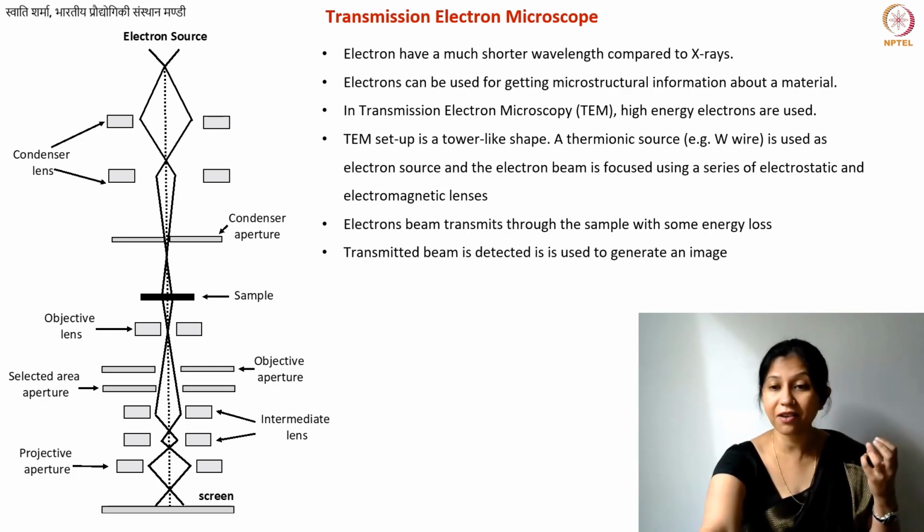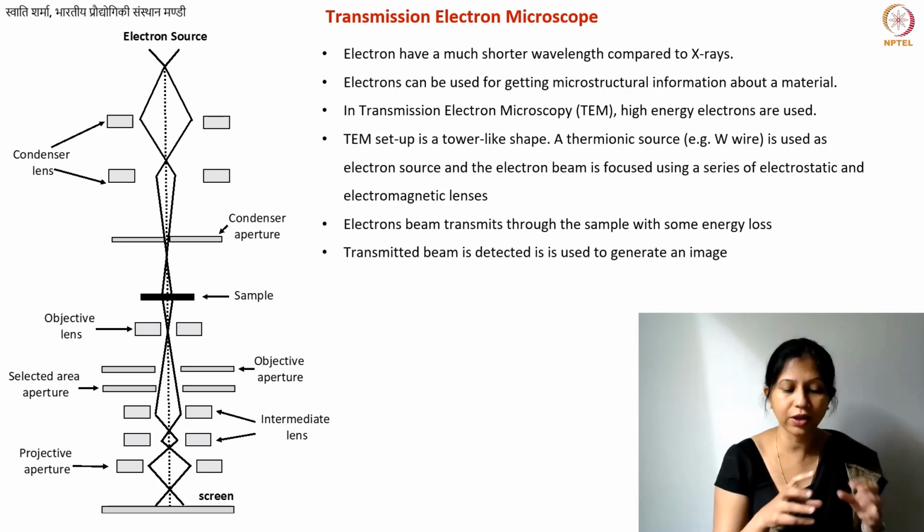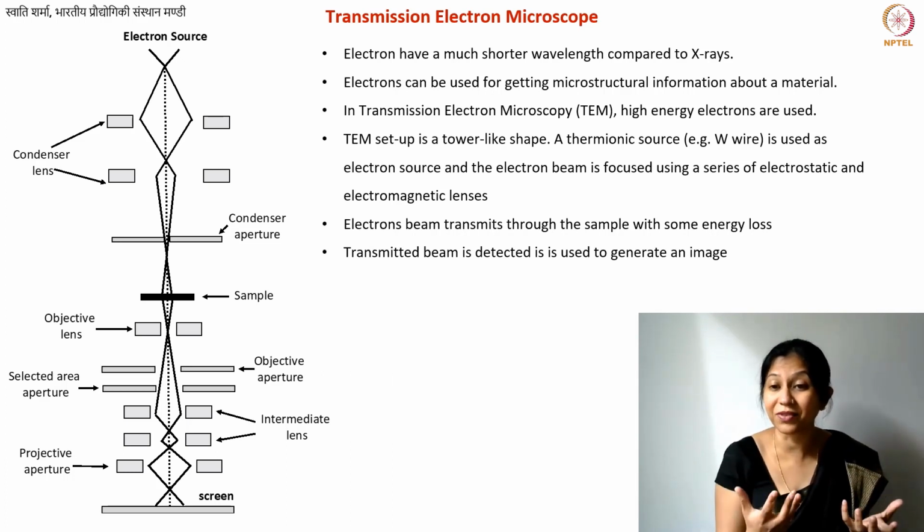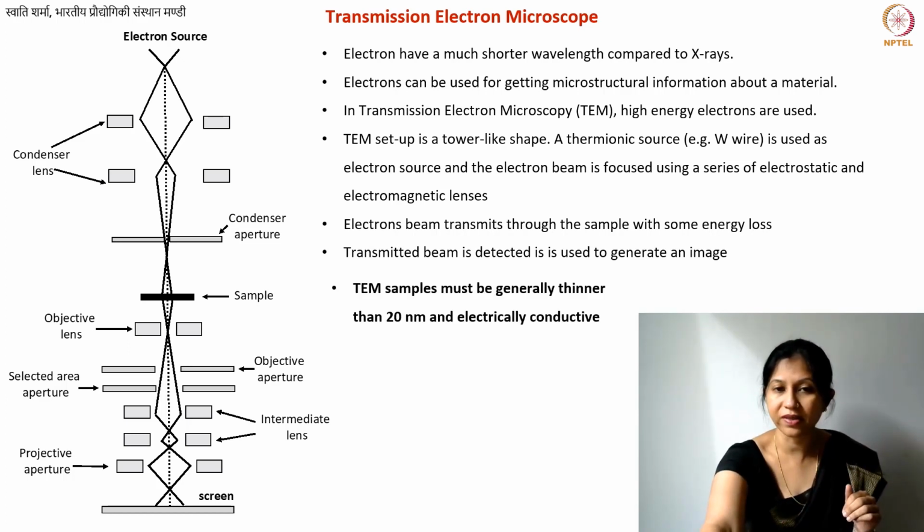And definitely even those which are transmitting through your material will lose some energy. There will be some interaction, some loss of energy when your electrons are going through your material, because they are after all interacting with the atoms of your material, right? So there will be some loss of energy. So it's these electrons that would lose their energy. Okay, so this is the fundamental principle.